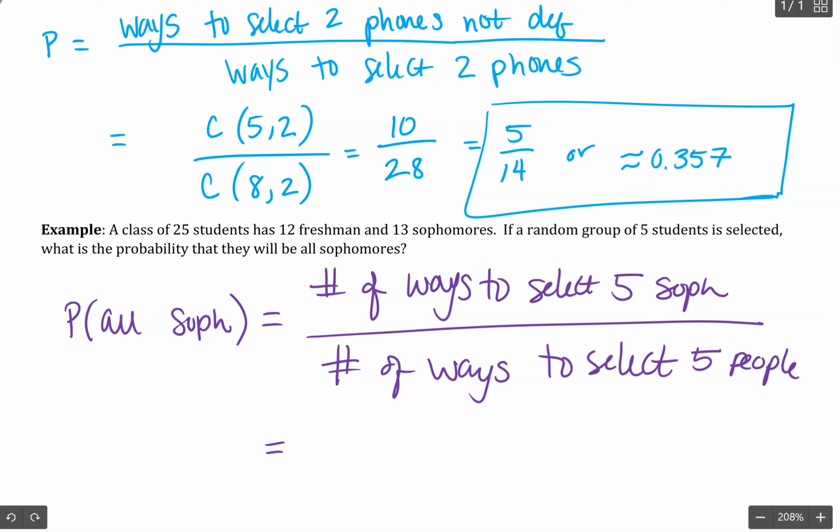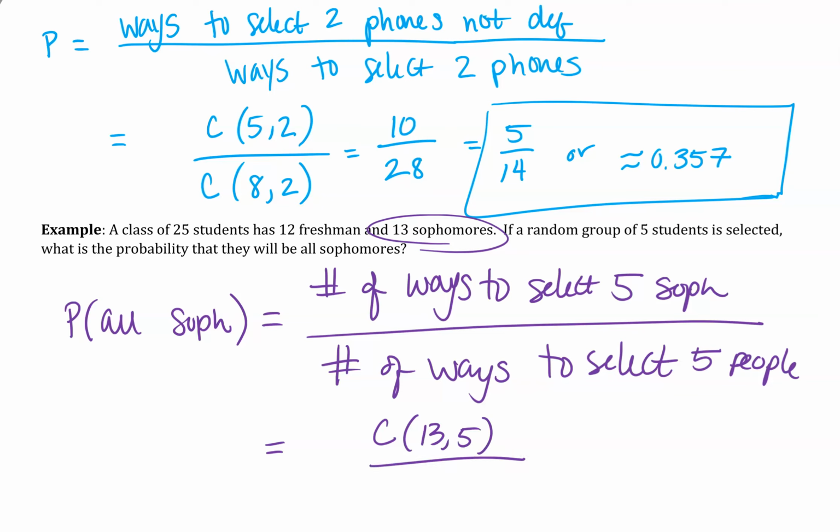So if we want only sophomores, we need to choose from this sophomore group of 13. And remember, it's just a group of 5. There's no distinction in their roles, there's no order. So we're going to use the choose function. 13, choose 5. Now that's from specifically sophomores. We're going to divide that by choosing from the entire group of 25, because that's our total possible ways to choose groups of 5. And we get a pretty small probability,